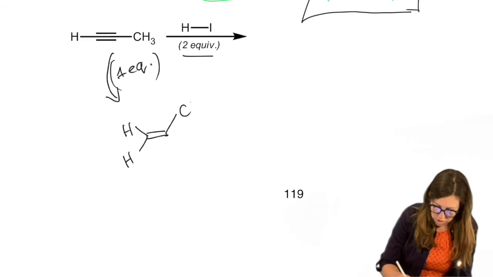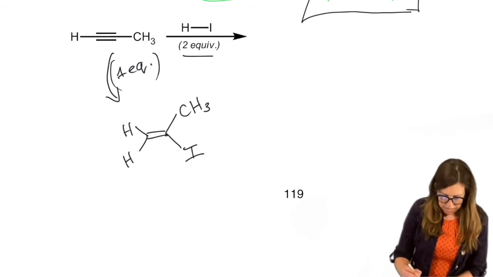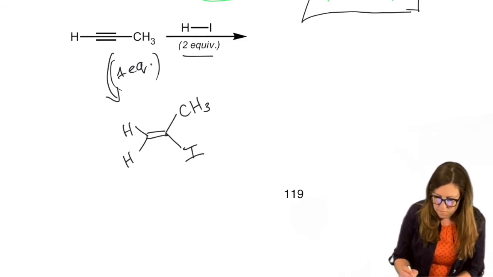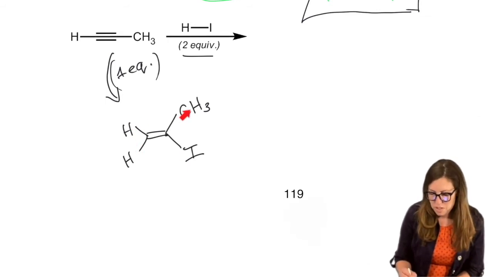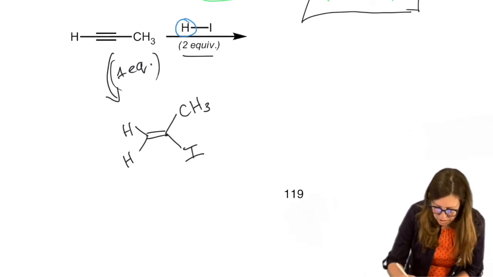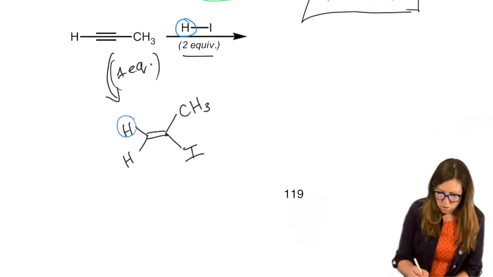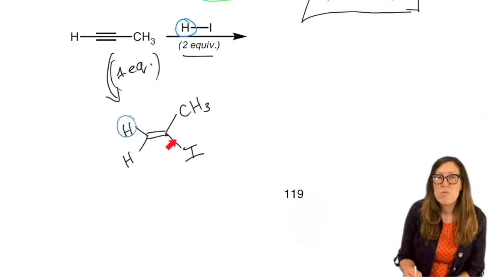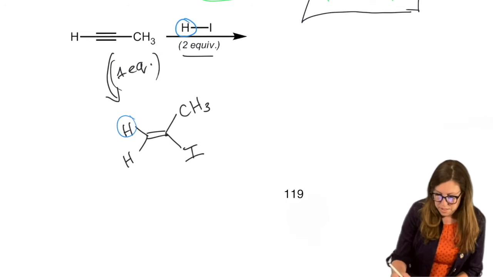The monohalogenated alkene. There are not two different alkenes to draw, simply because these two groups are the same. So it wouldn't have made a difference whether I put it on the top or the bottom. I could color code it, or I could have deuterated it, showing that one of the H's is new, right? But we also have that I minus floating around. So that attacked and came here for that carbocation. Now that's the end of step one. That was one equivalent. Let's add the second equivalent and see what happens.